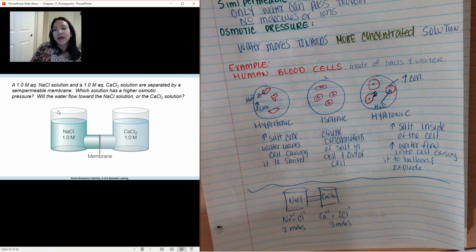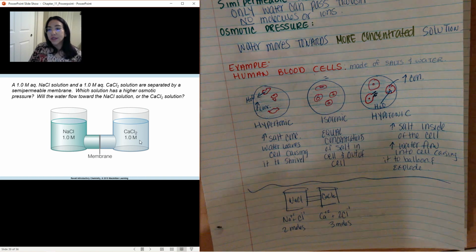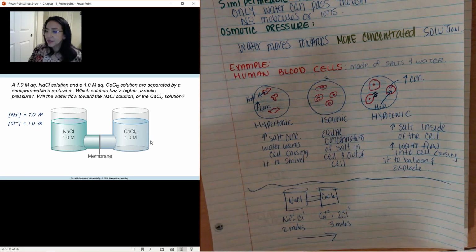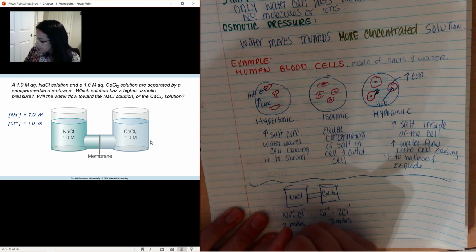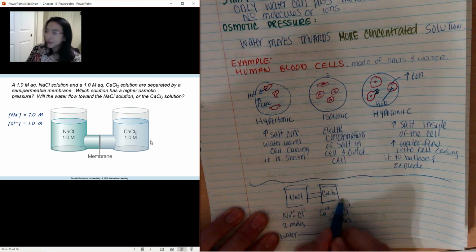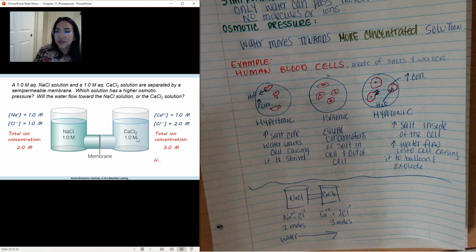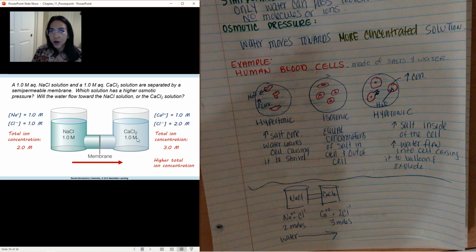So therefore, the calcium chloride is more concentrated. So my solution is actually going to flow like this. My water is going to flow from this container into the calcium chloride container, because the calcium chloride container is the more concentrated container. So we're going to have that water flow into that to help make it less concentrated and reach some sort of